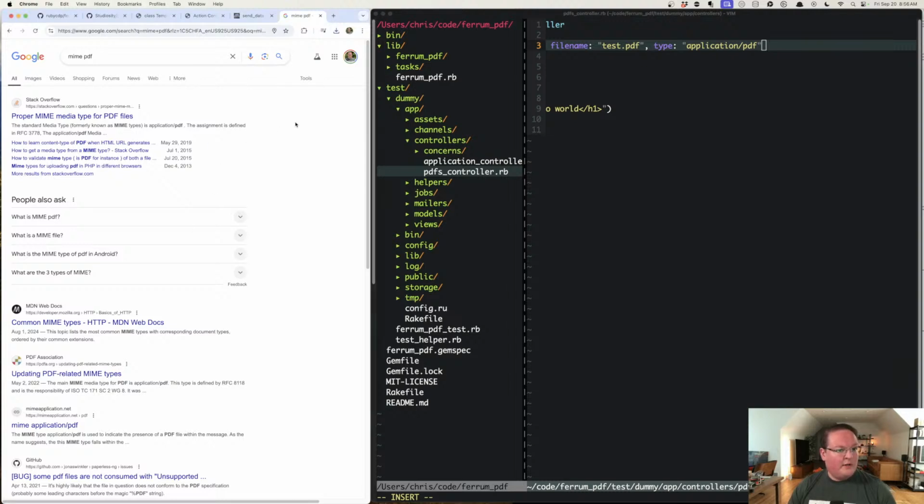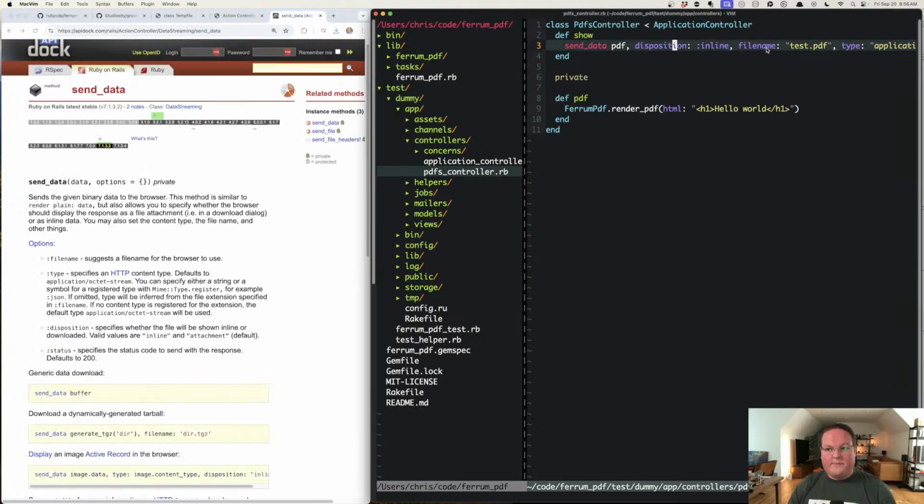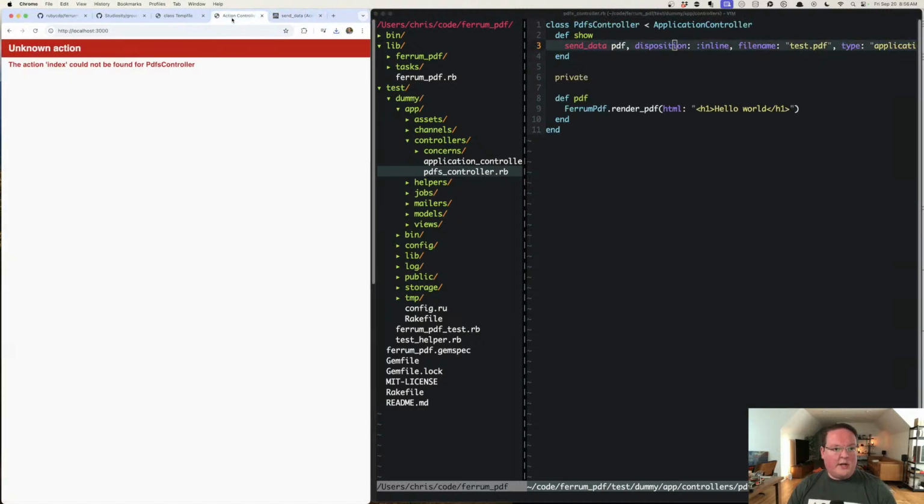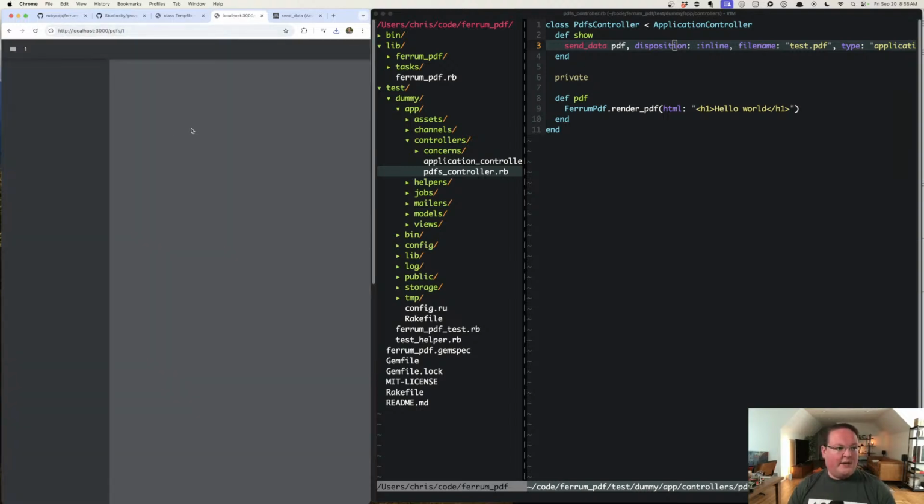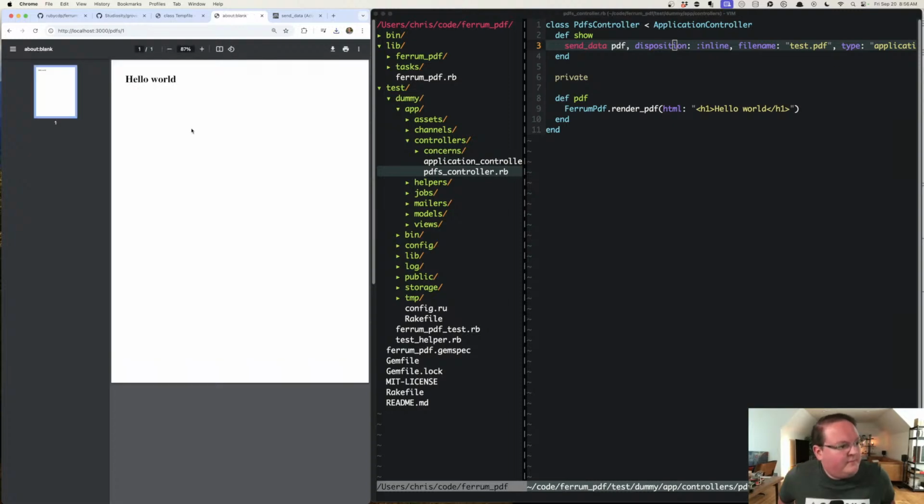Yeah, it could be application PDF, right? All right. We'll try this now. PDFs 1. Hey, there we go. Thanks. Hello world. Perfect. That's awesome. Cool. So,